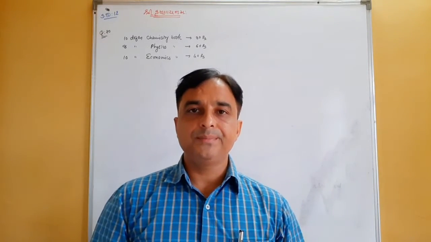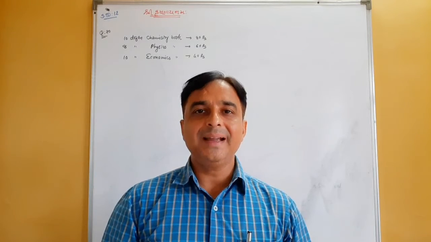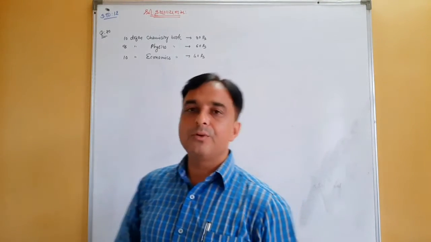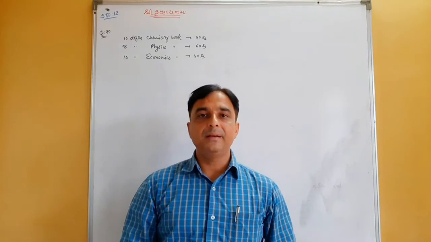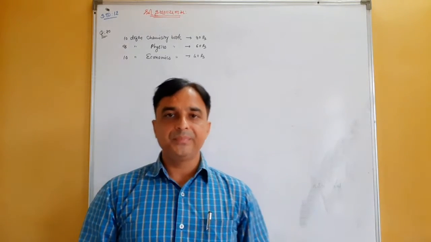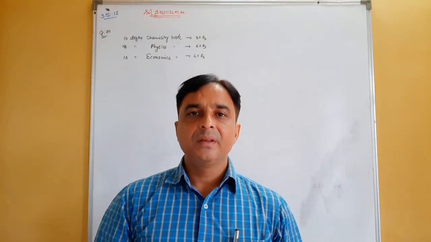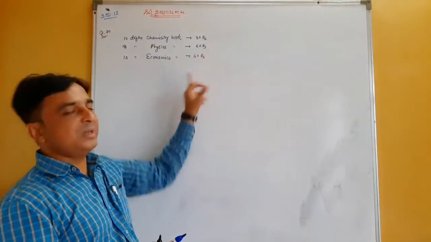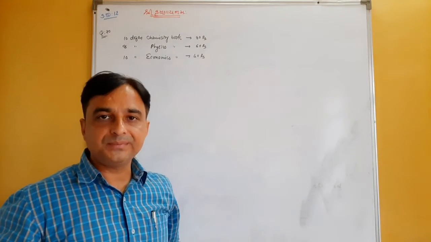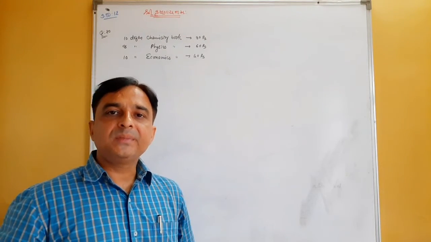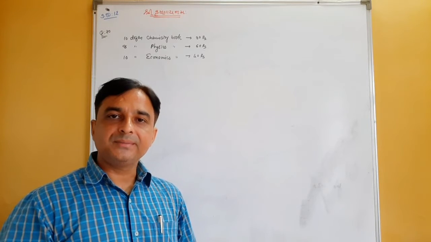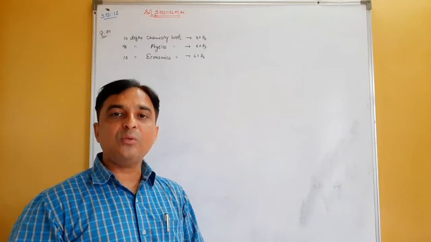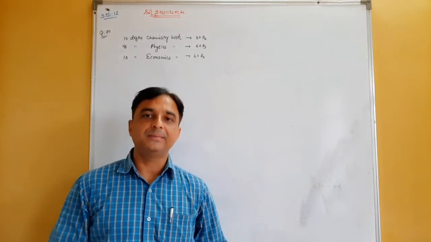A book shop has 10 dozen chemistry books, 8 dozen physics books, and 10 dozen economics books. They are selling at 80 rupees, 60 rupees and 40 rupees each. So how much money will they get? By matrix algebra, find the value, how much money they will get.